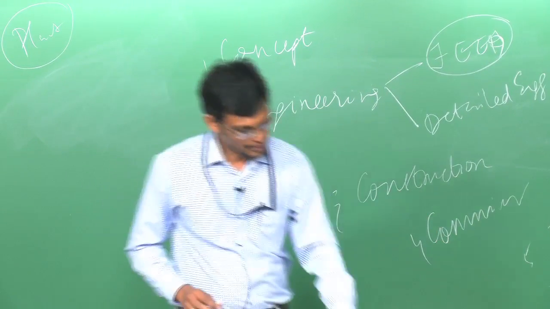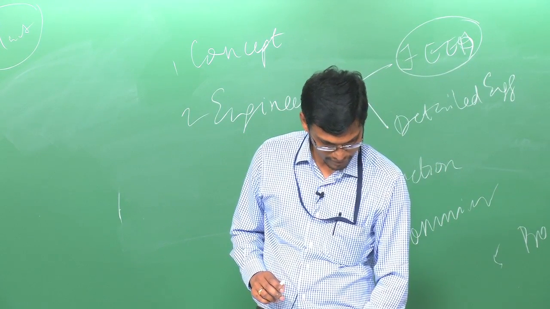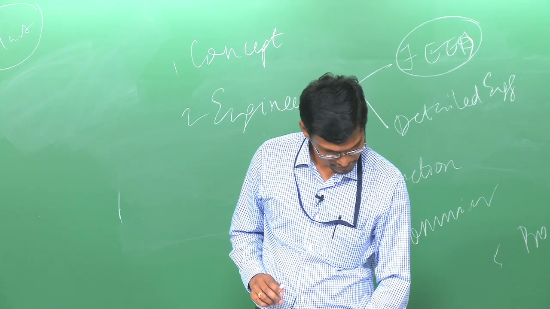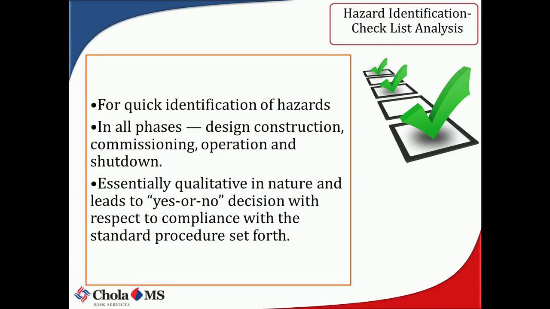Okay. Now, you have this overview. Now, I will try to link it to each of what we are going to say. Okay, now I am getting into the techniques which I use for hazard identification. In the subsequent classes you will have a detailed analysis of each of those techniques, how it is going to be applied and all. I will give you a broad overview of what each technique is and where it is used.